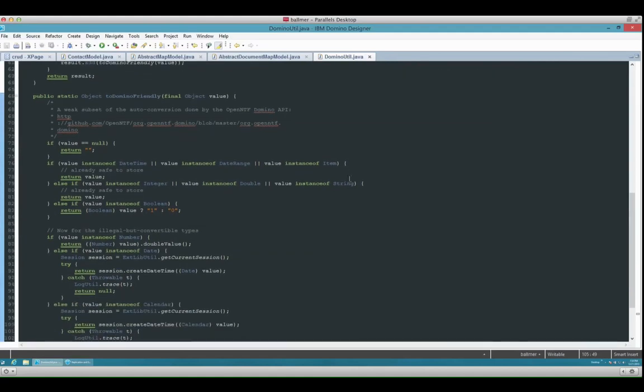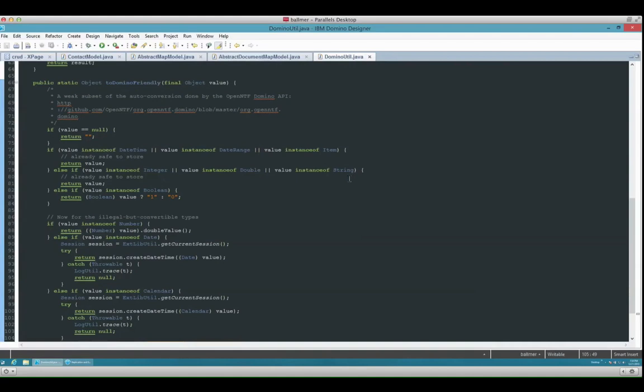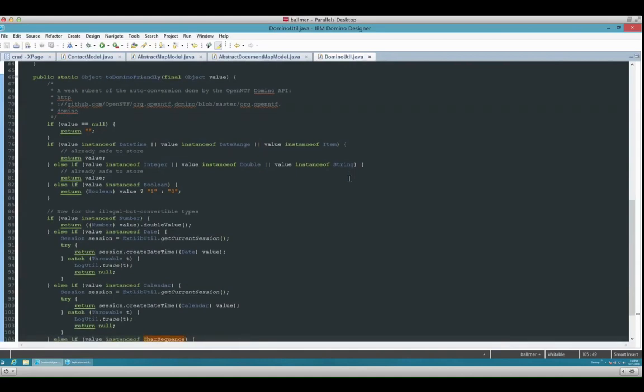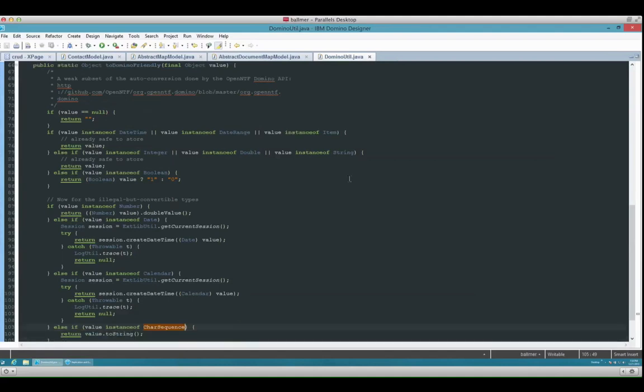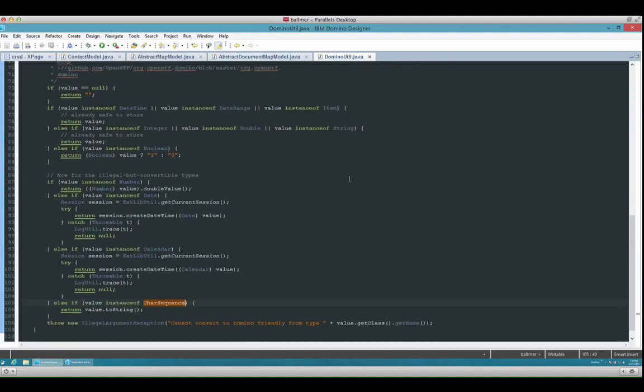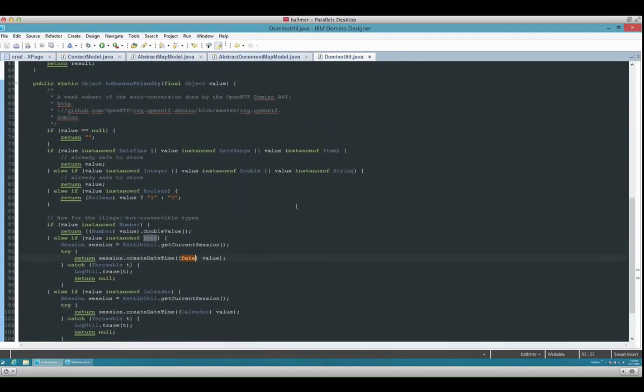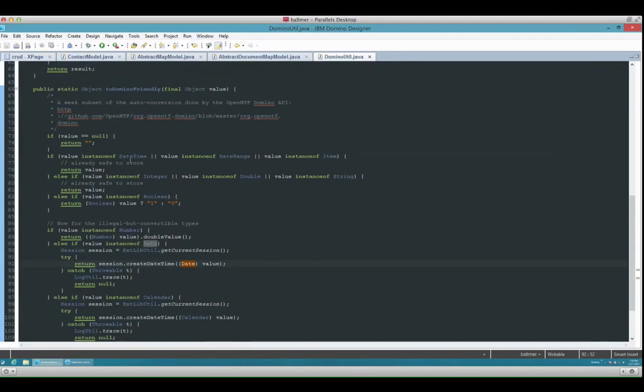One of the many, many things that API does is, by default, when you're storing stuff in a Domino document in Java, you have to be really careful about what type of data you're passing it. For instance, you can't just give it a date, a standard Java date. You have to create one of these very specific